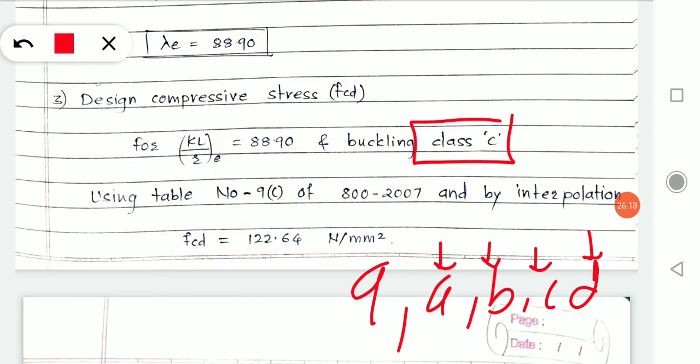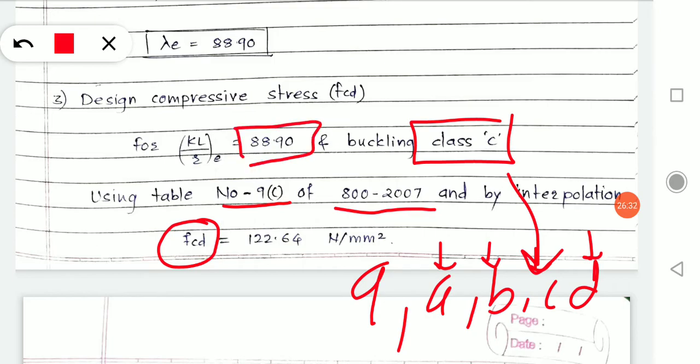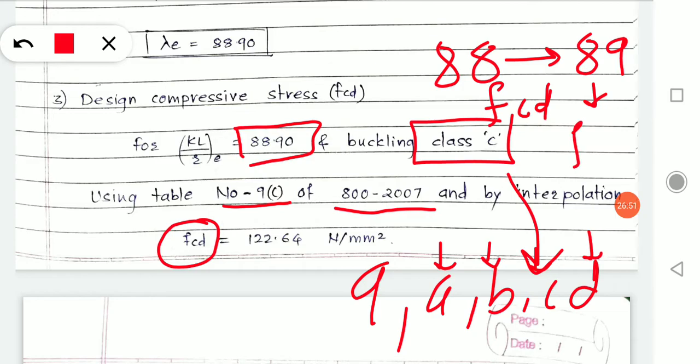Now here my buckling class is C, so I have chosen the 9C table from the IS code, and from there I have got the value of FCD, that is not a direct value, because my value falls between 88 and 89, right? It is 88.9. So I need to interpolate between the FCD value for 88 and the FCD value for 89.